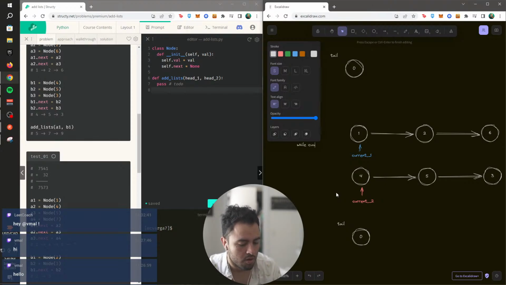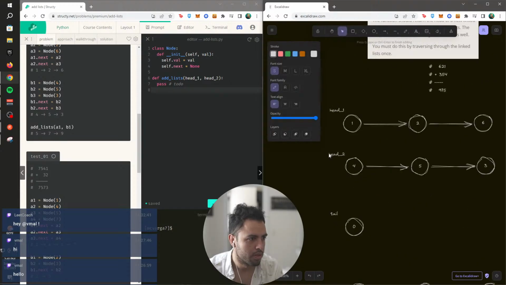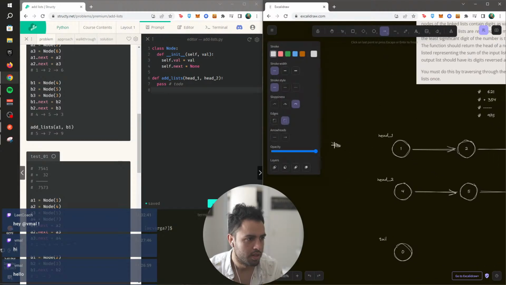So maybe it's like while current 1 and current 2, so while they're not null, we want to... and before we do that, so this setup right here, we have 2 heads. This setup right here, that's not what I wanted to do,